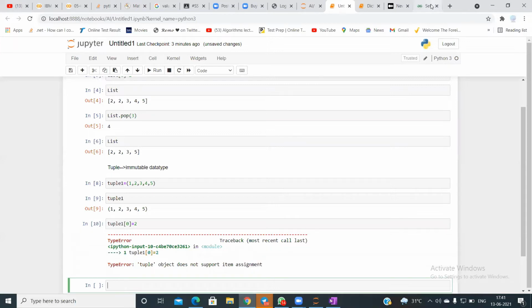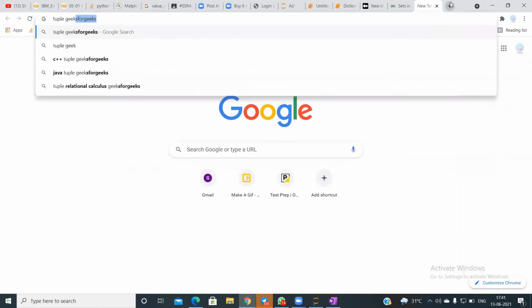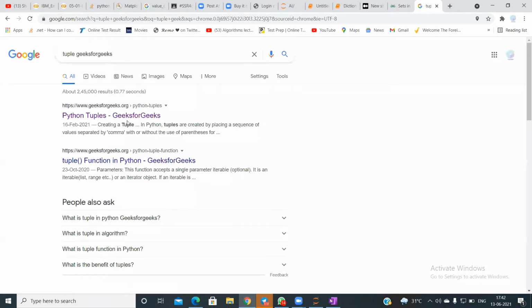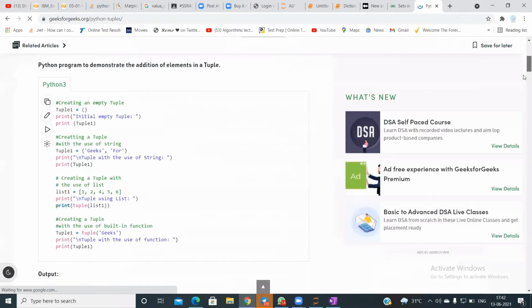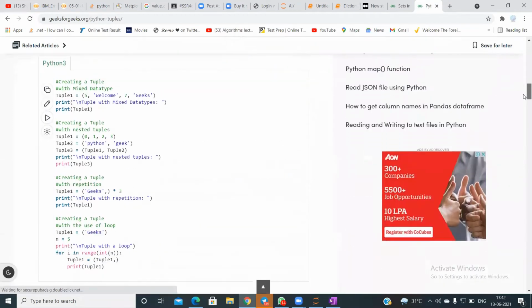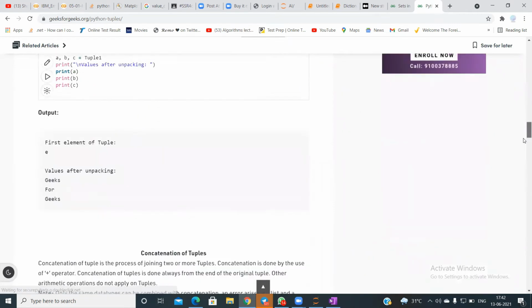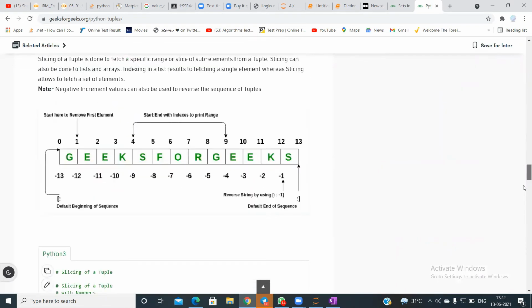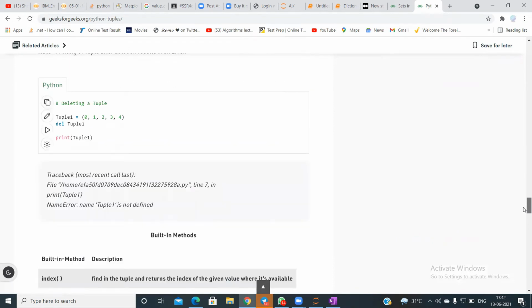Let me check if there are some methods for tuples. So accessing a tuple is fine. Concatenating tuples and slicing tuples is also fine.